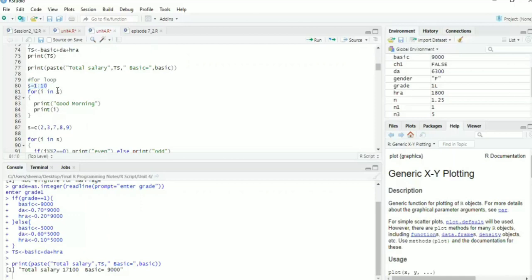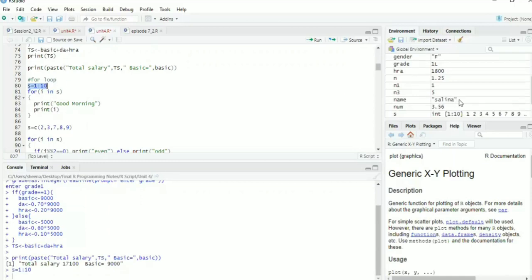For example, here I have created a sequence s equals 1 colon 10, meaning s is a value which has 1 to 10. Here you can see it has created a variable s and it has the value 1 to 10.